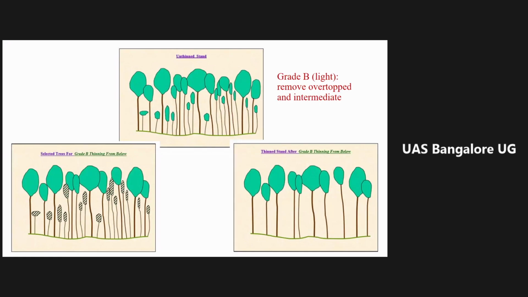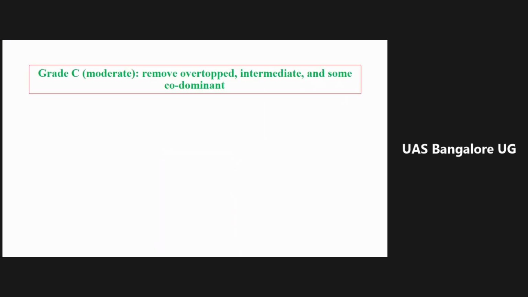You can only find the dominant and codominant trees after light thinning. So another